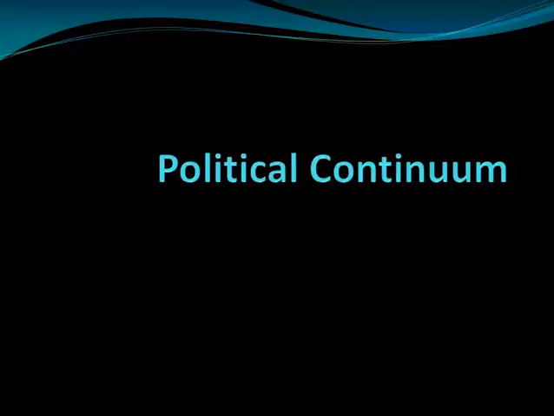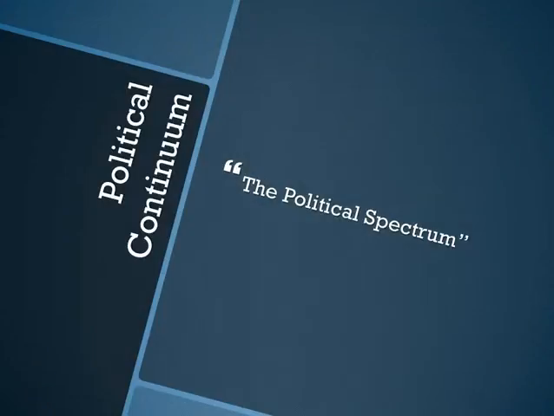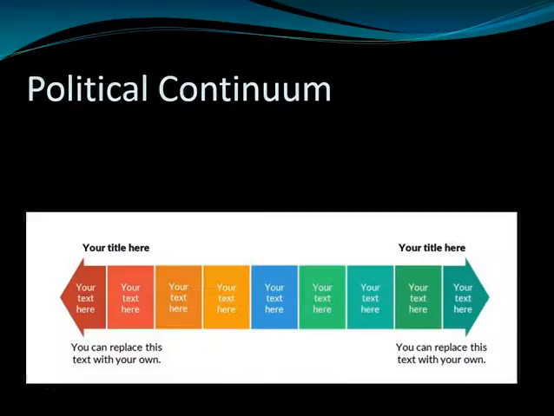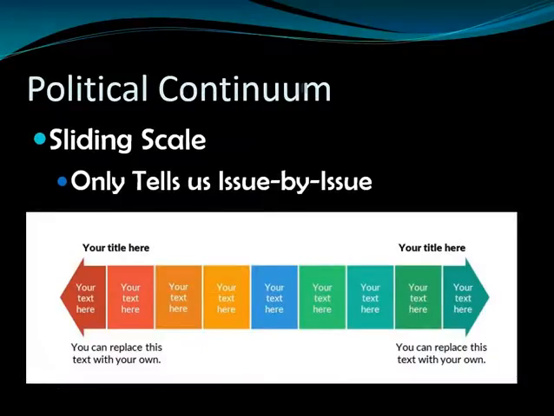Today we're here to talk about the political continuum, or sometimes as it's known, the political spectrum. A spectrum or a continuum are essentially the same things. It just means it's a sliding scale. And we've probably already talked about in class how a spectrum works and how a continuum works, essentially looking at a sliding scale. And so the first thing that we can say about a continuum is there are no absolutes